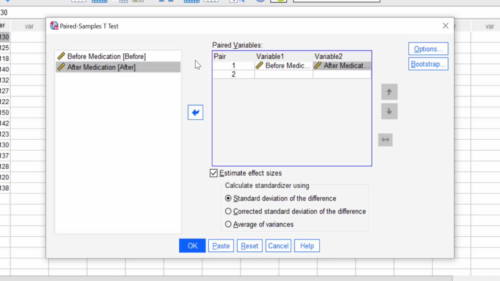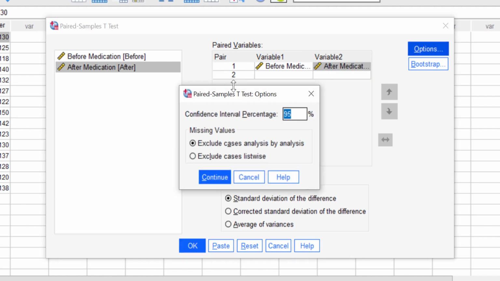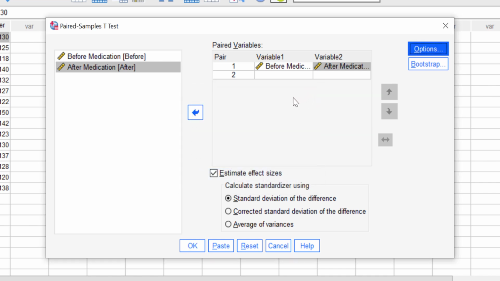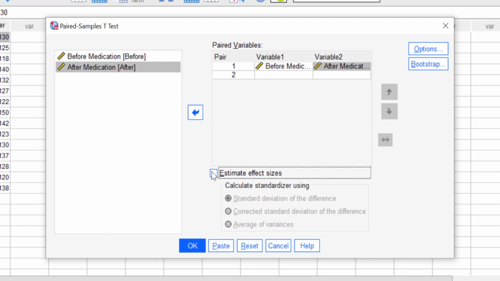You can also do more than one test if you have more than two variables. And then click Options to set the confidence interval percentage. I'll just leave it at 95%, so the alpha or the significance level is 5% or 0.05. And uncheck the estimate effect sizes because we don't need it in this calculation, and then click OK.